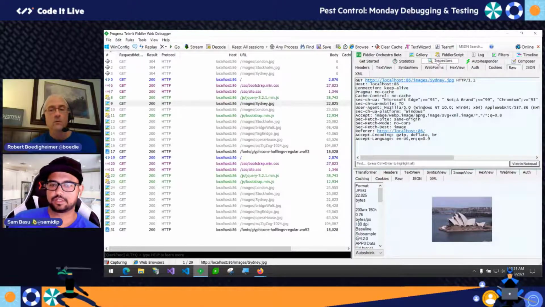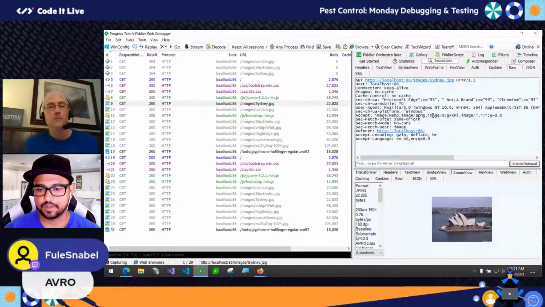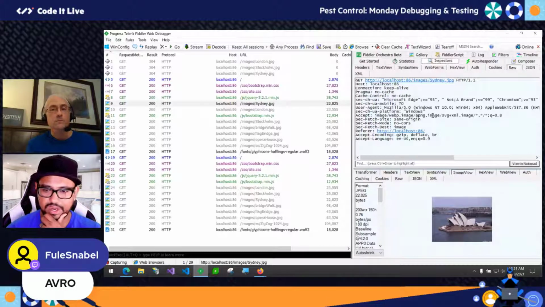Yeah, no, this is interesting because there are some popular binary protocol serializers and deserializers. So if you have the deserializer, Fiddler is going to show you the capture, but you can't make sense of it. But maybe an extension will help you see what it is. Yeah, look into custom inspectors, and that would be something. Yeah, Fullschnabel here is mentioning a few things: Avro, Protobuf, Thrift. So yeah, there are quite a few of these ones around. Yep.